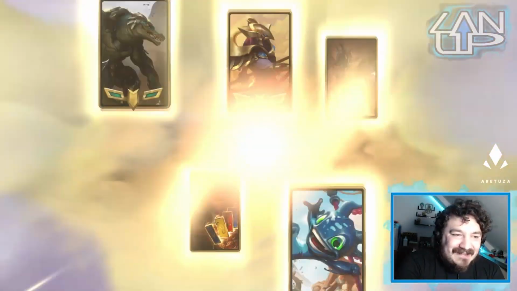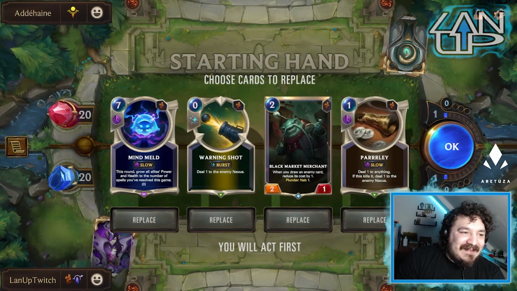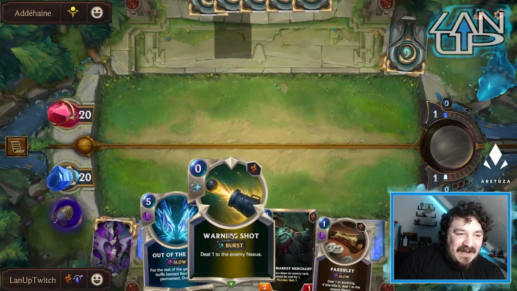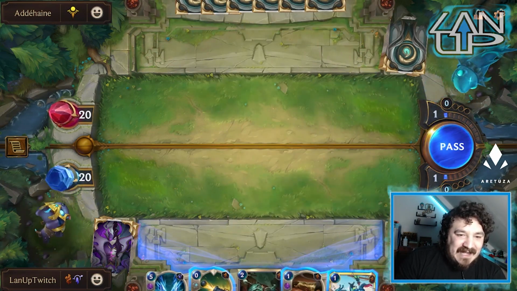Ooh, we are playing against all 3 Egyptian God cards. It can be a devastating deck. Okay, get rid of Mind Meld for now. Out the way is good, because that just means that if we can find Mind Meld, or if we can use... What's its face? If we can use...